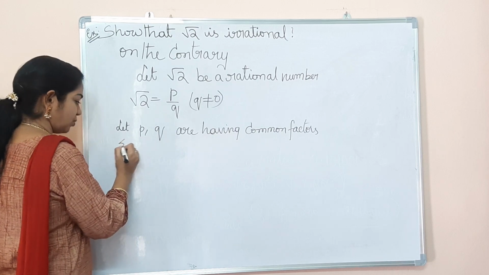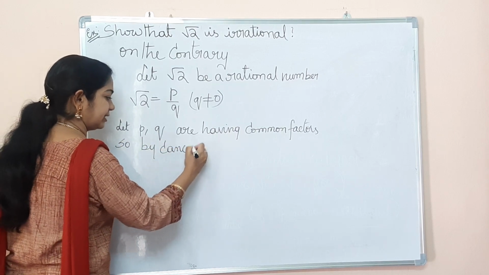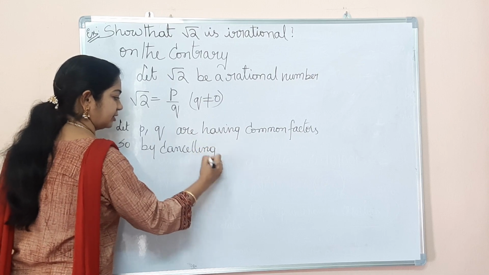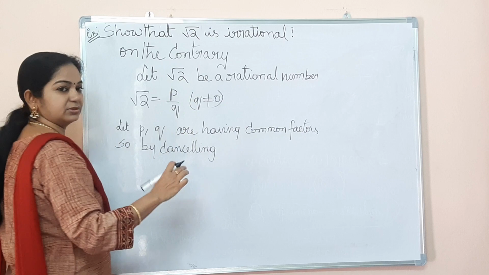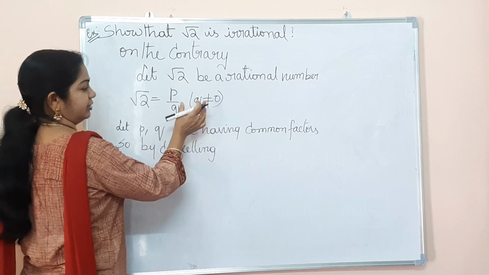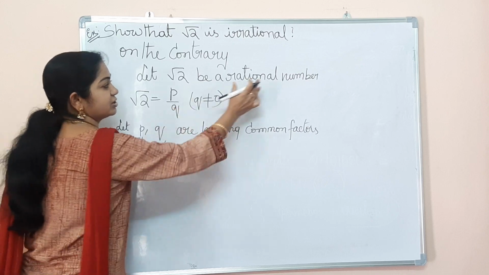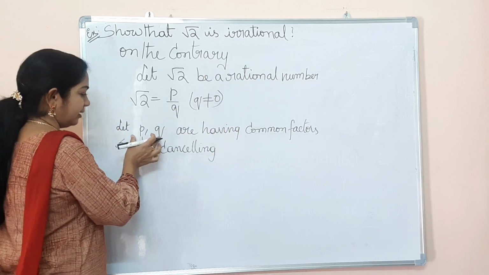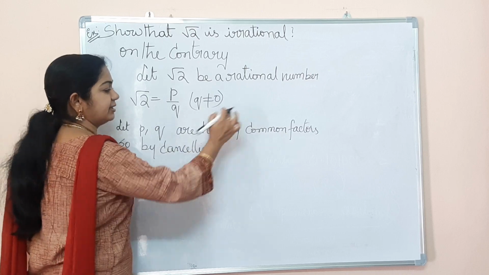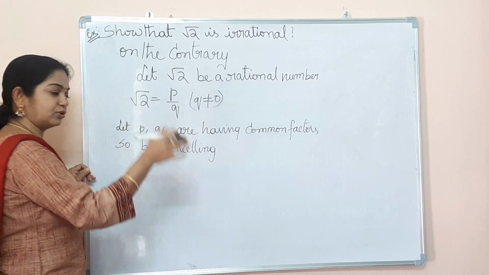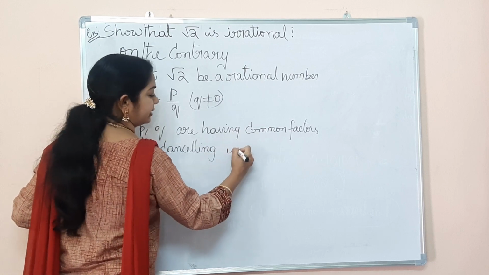Okay. So, by cancelling the common factors, you are understanding? Supposing P and Q are integers, isn't it? We know that they are integers and Q is not equal to 0 as per the definition of rational numbers. Let P and Q have common factors. So, by cancelling the common factors in both of them, after cancelling, we get